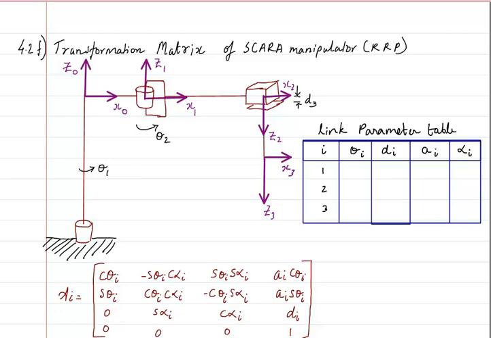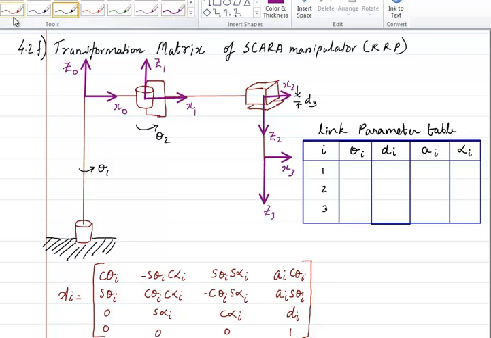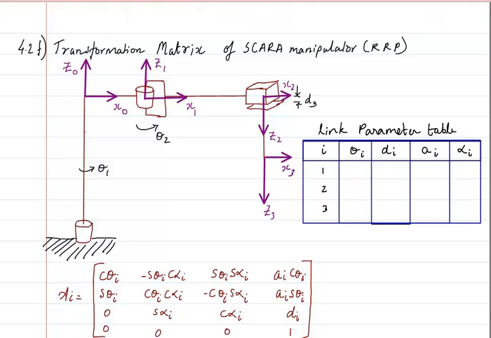Before that, let me again put some lengths over here. This length I am going to write as L1. This length I am going to write as L2. If I want, I can even write L3, but let me say that there is no L3. Suppose only the L1 and L2 lengths are given, so I will take this length as 0, this length as 0, and this length also as 0. Anyway, there is d3 here.